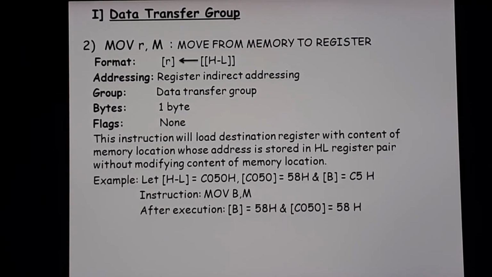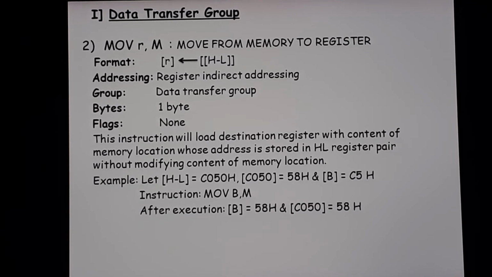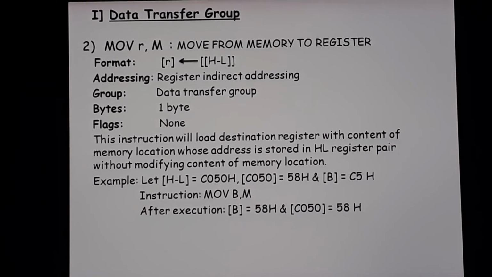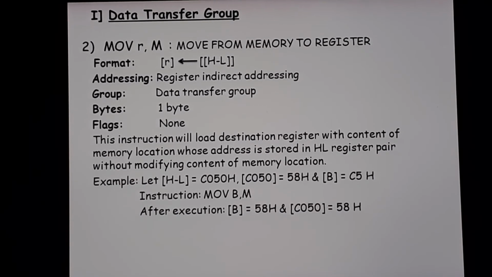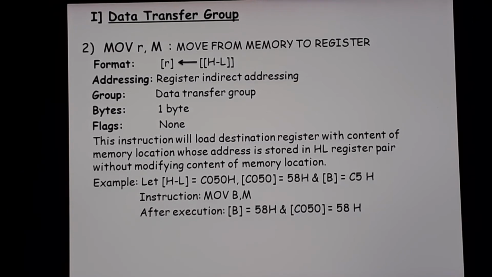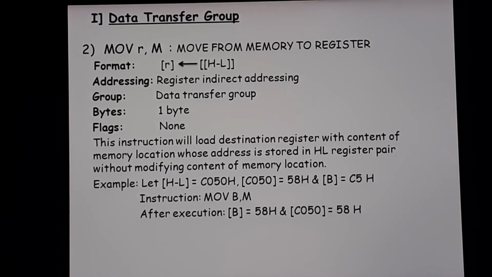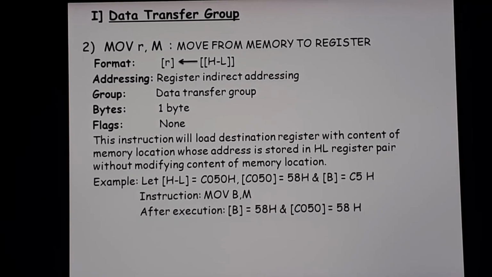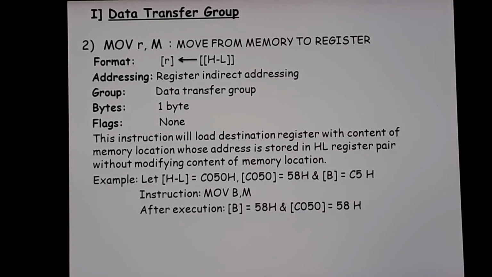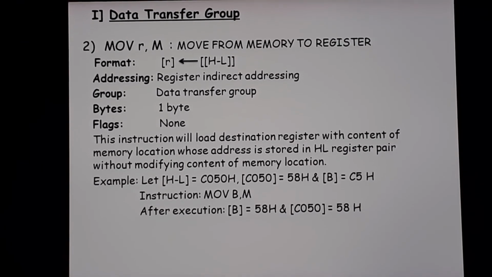Okay, in the previous instruction, that is move RD comma RS, the addressing mode was register addressing mode. Why was it register addressing mode? Since there were only registers on both the sides, RD comma RS, that means destination register and source register, so both were registers, so hence it is said to be register addressing mode. Here we had M in the instruction, so hence it is said to be register indirect addressing mode. Why? Because M is indirectly taking the HL register pair content. Okay, slowly we'll go forward.